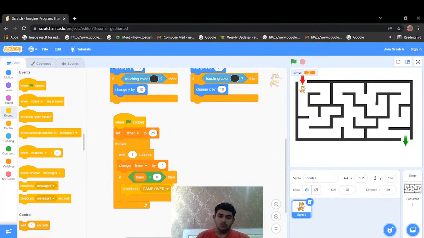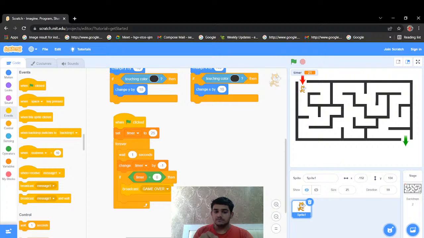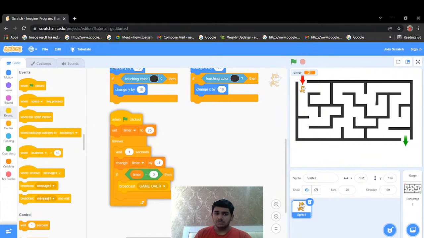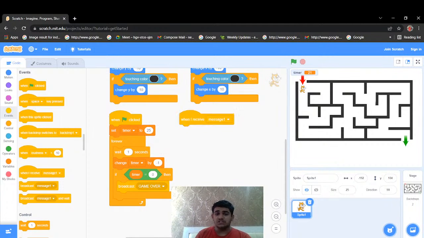Perfect. Now suppose the timer has got to 0. Now what? The computer has got a broadcast message game over. Now the computer doesn't know what the words game over mean. It doesn't know what I am supposed to do now. What am I supposed to do when I get this message game over? So now we'll be telling the computer, hey computer, when you receive game over,